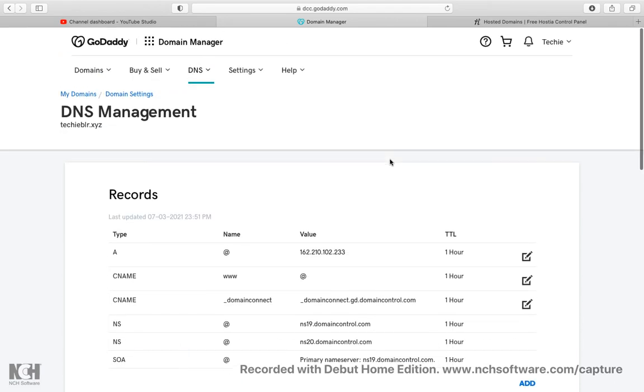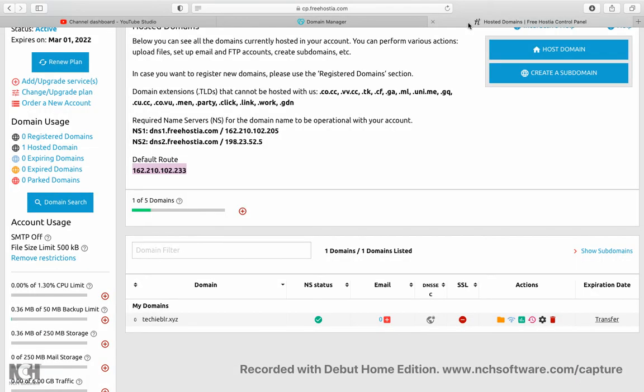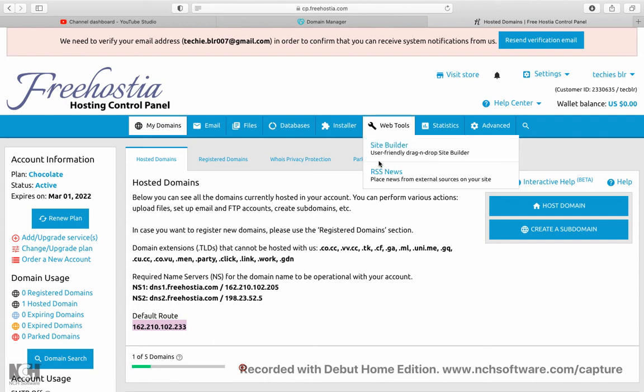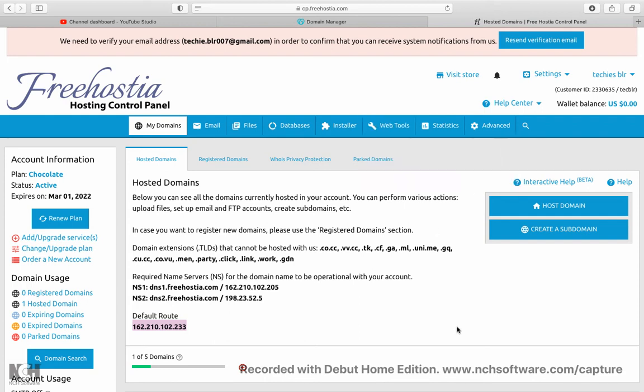Now my IP address is pasted, but what will my page have? It will not have anything. If I type Techie BLR, nothing will display. I wanted to design a website. How do I edit this website, how do I create a website? Or I already have some HTML programs written in my system. How do I connect that to my website?